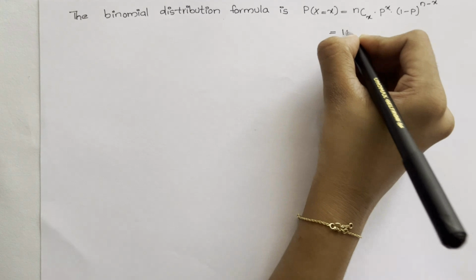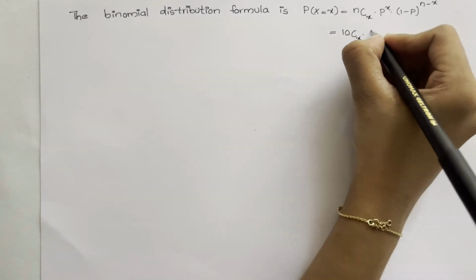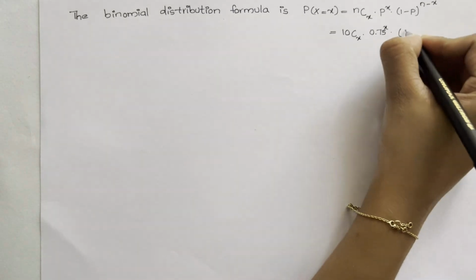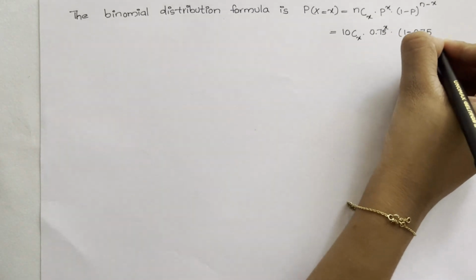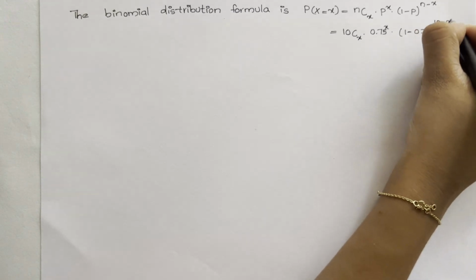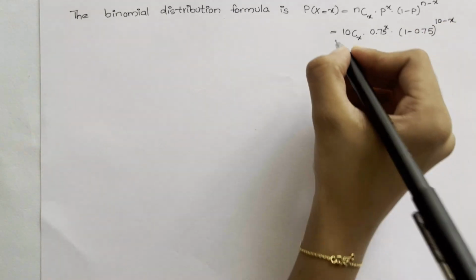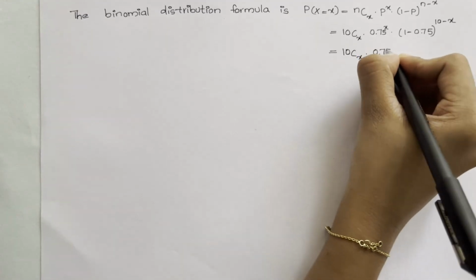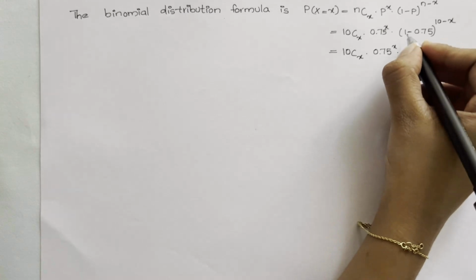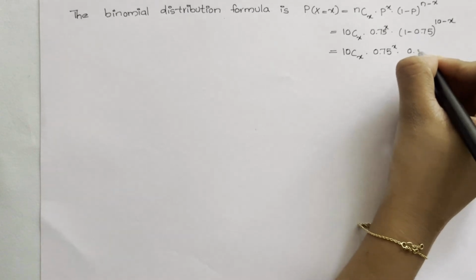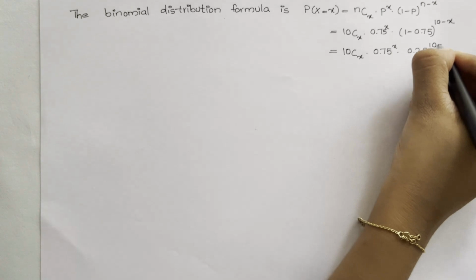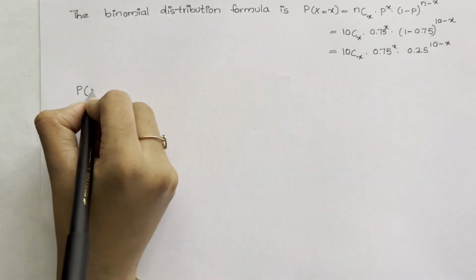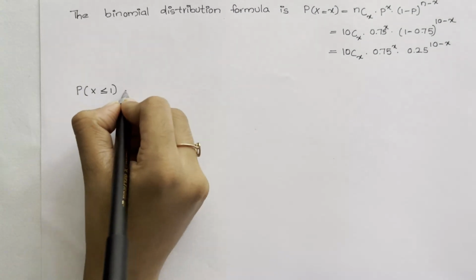Here n is 10, so 10Cx into (0.75) raised to x into (1 minus 0.75) raised to 10 minus x, equal to 10Cx into (0.75) raised to x into (0.25) raised to 10 minus x. Now we have to find out the probability of x less than or equal to 1